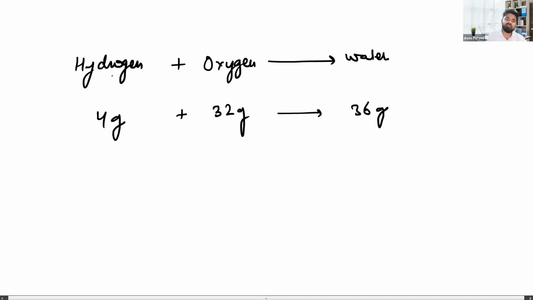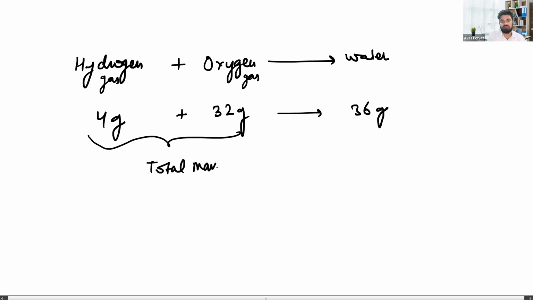Okay. So what it is saying is that when hydrogen gas burns in the presence of oxygen gas, it gives you water. When you have 4 grams of hydrogen gas burning with 32 grams of oxygen gas, it will give you 36 grams of water. So you can neither create nor destroy mass. For example, it is not so that 4 grams of hydrogen reacting with 95 grams of oxygen will give you that. So you need to check that